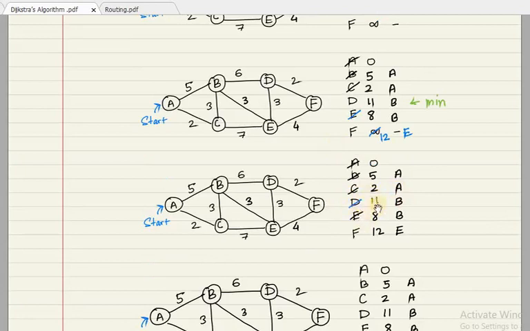Now in order to go from D to F, because F is the only node that is available, all others are visited. So in order to go to F, it is going to be 11 plus 2, so 11, 12, 13. It will become 13, but F already has a cost of 12, which is less than 13. So we are not going to update the values here, and the previous node we are going to keep the same. So here you can see no changes were required after the comparisons were made.